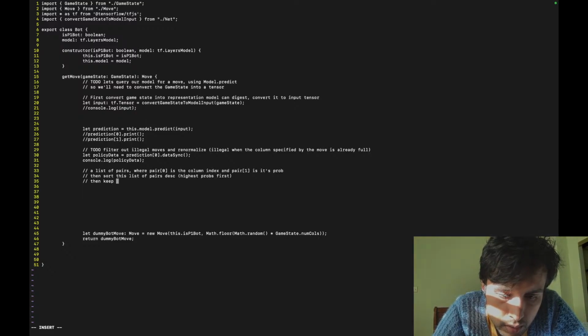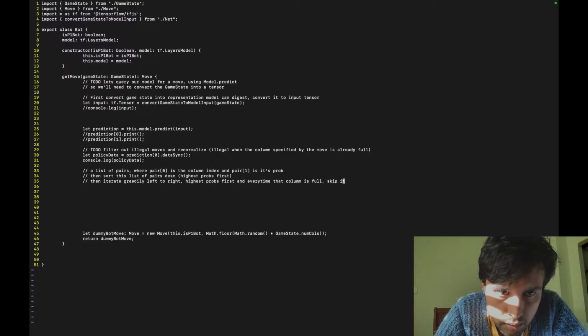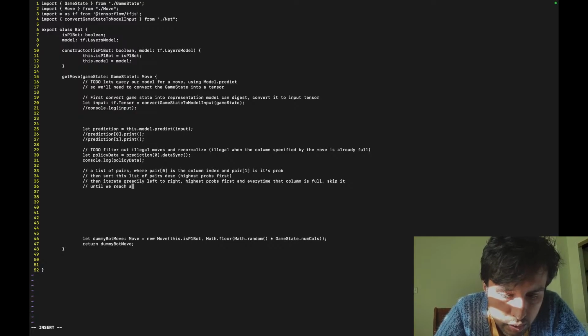Then iterate greedily left to right, highest probs first, and every time that column is full, skip it until we reach a column index that's not full, and use it as a move index, and build the move and return it.